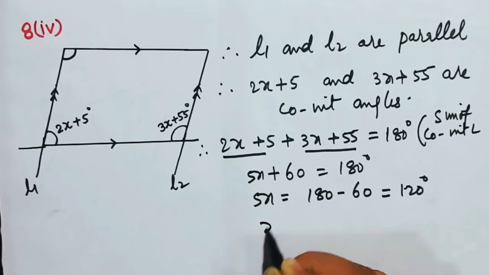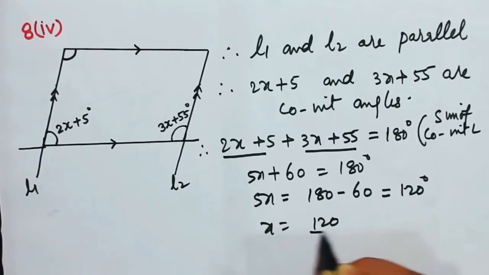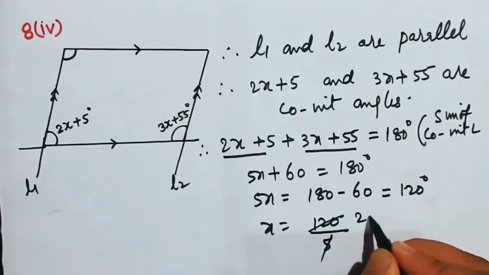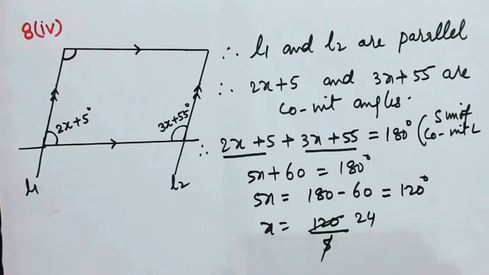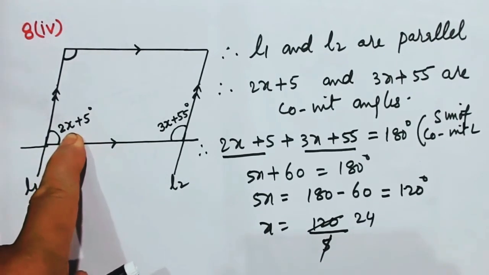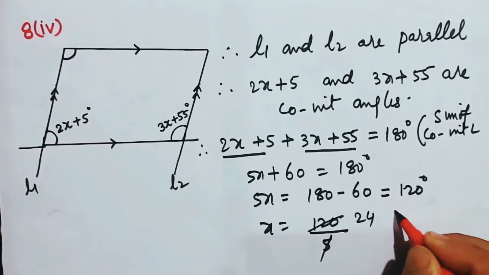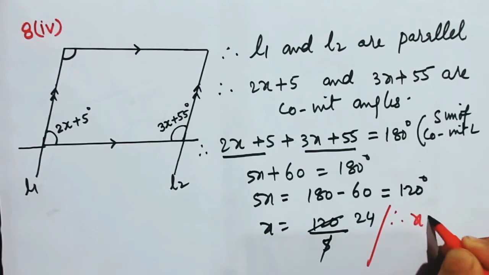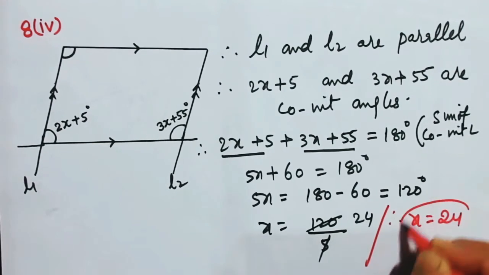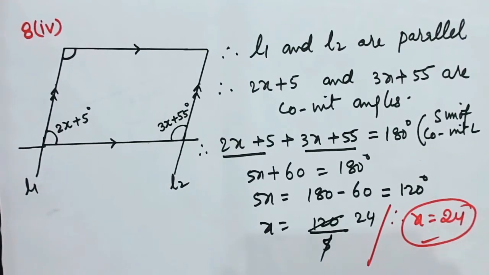120 degree, or x will be equal to 120 by 5. So 120 by 5 is equal to how much? 5 2 times, 5 4 times. I am not going to write x in degree form because x itself is not present. It is in multiple with 2 and 3. So finally I'll write x is equal to 24. This is what we have been asked. I hope I am able to make you understand.